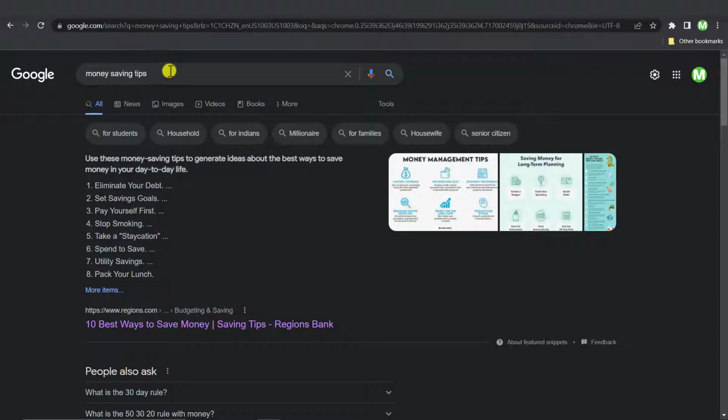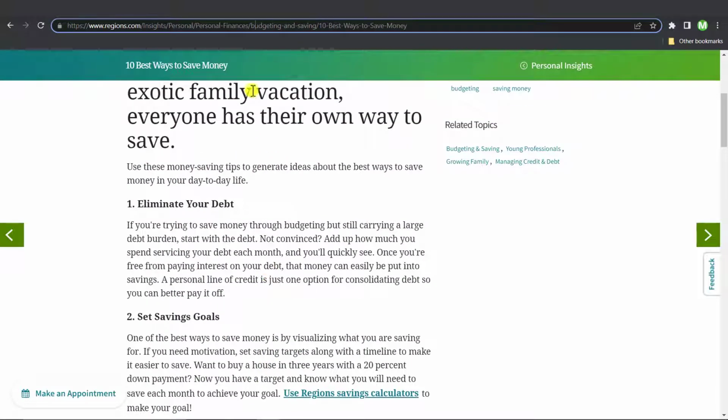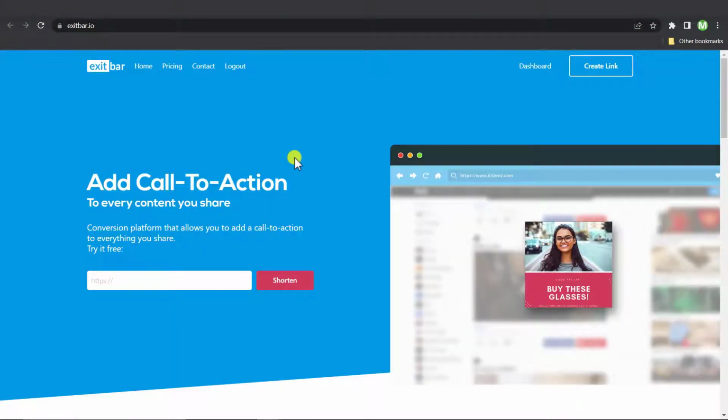Now for step number 3, you just want to go over to Google and you want to find some money saving tips and articles. So I'm just going to search for money saving tips, and then we have this first article here, 10 best ways to save money. So basically you just want to read through it and see if it's any good, and if it's good, you could just copy the link to that article. And then it's on to step number 4, so you want to go to